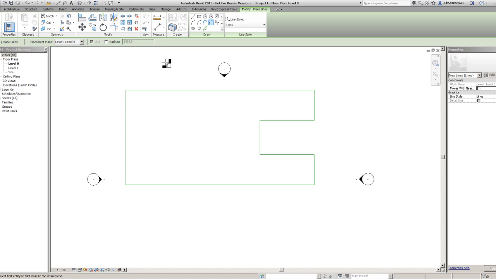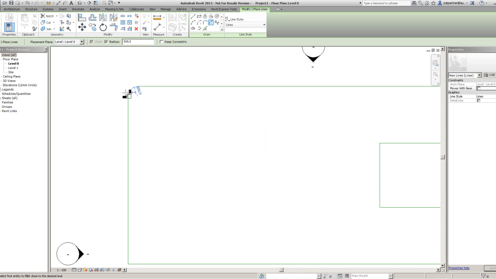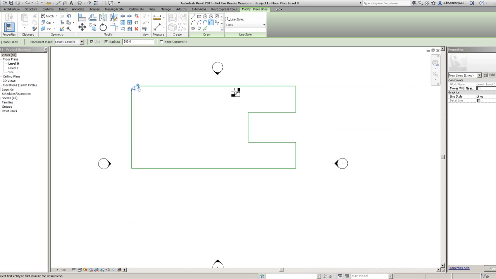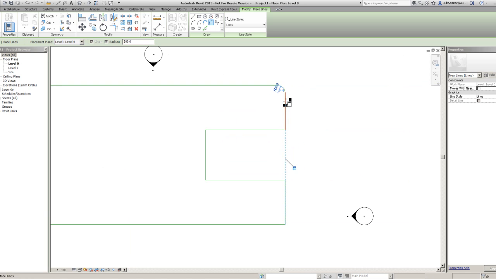I'm going to show you both of them, don't worry. The first one is just here. What we're going to do, we're going to press the radius tool just here, and we're going to input a radius. I'm just going to write 500 in here. I'm going to pick my first line, pick my second line, and you see it just puts a nice little 500 radius in there. I'm just going to do it again just to show you again, from there to there,